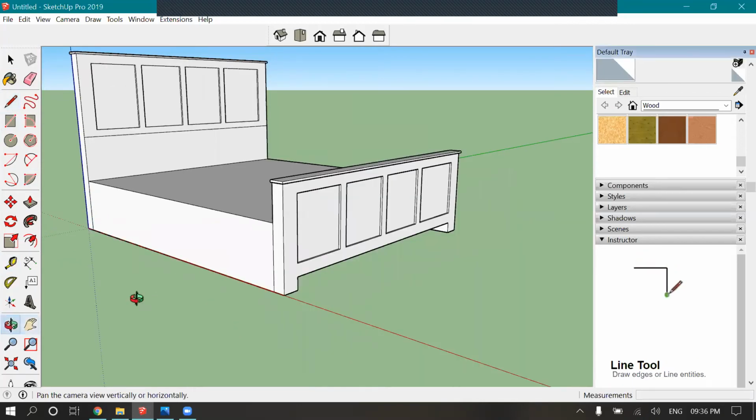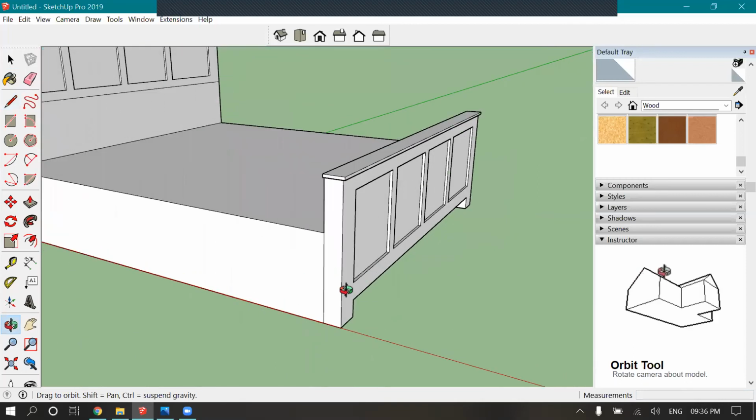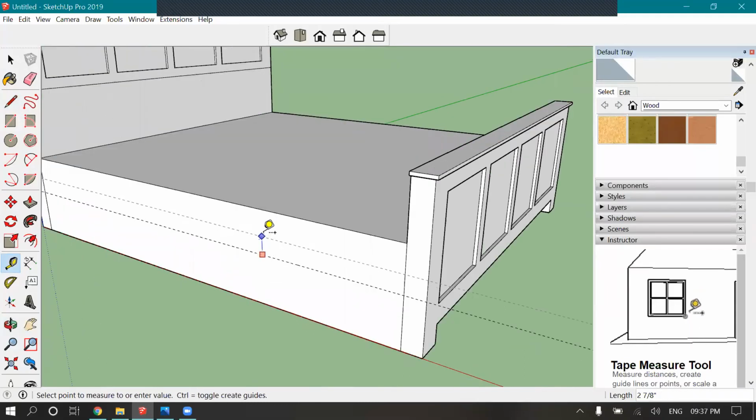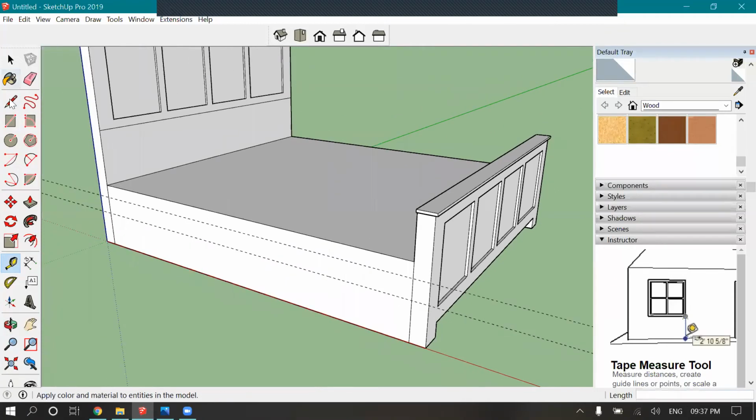Now what we need to do is measure, like 5 inches is this much. So we'll be using 8 inches, then 4 inches, 4 inches.